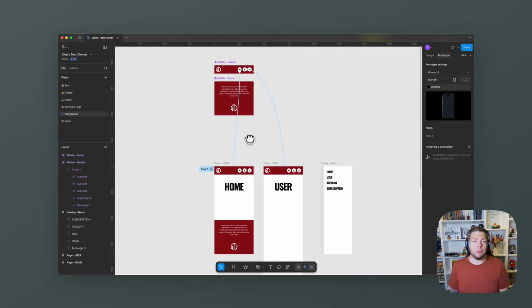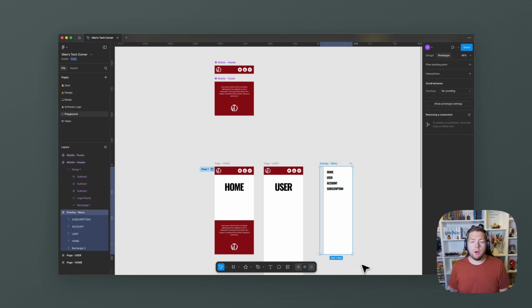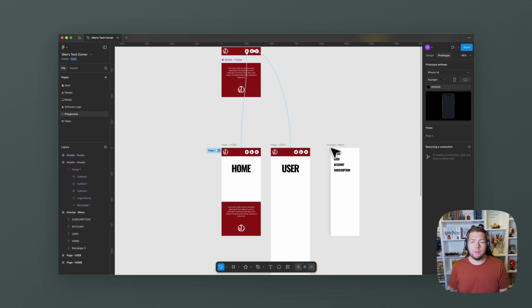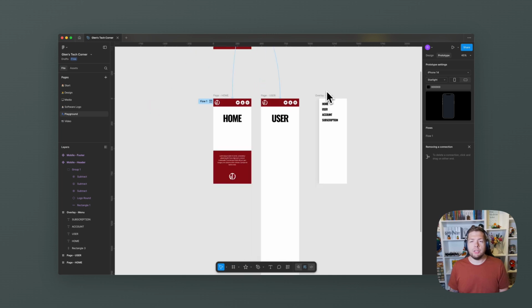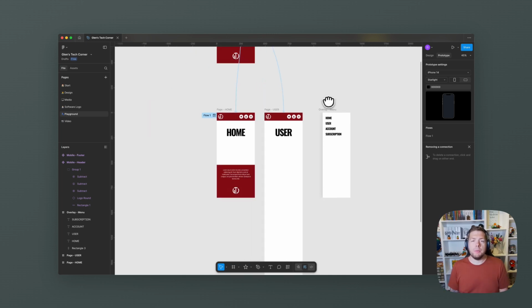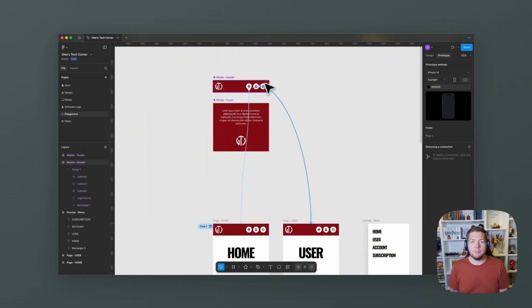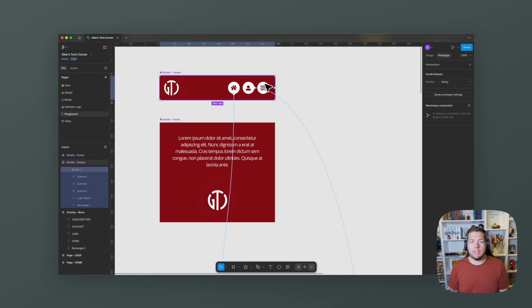What else we can also do is to work with overlays, and I want to show this with this menu bar that I have created here. I just created a frame that's the same height as my prototype height. The width is not that important because we will adjust how it will be positioned when it opens up. So we take this one